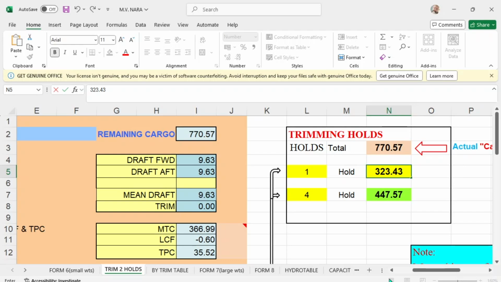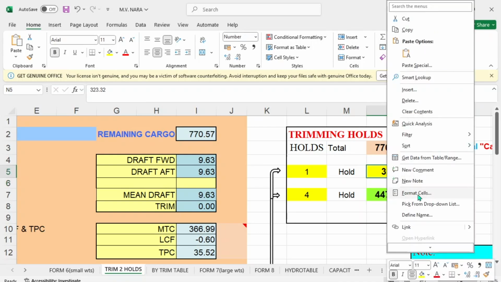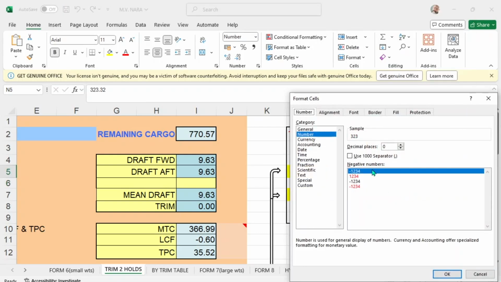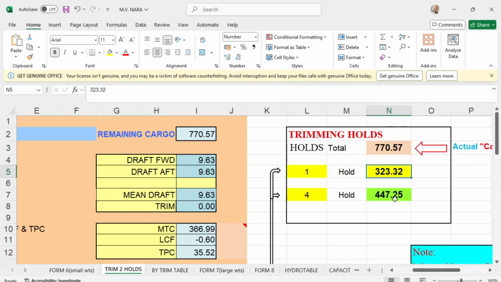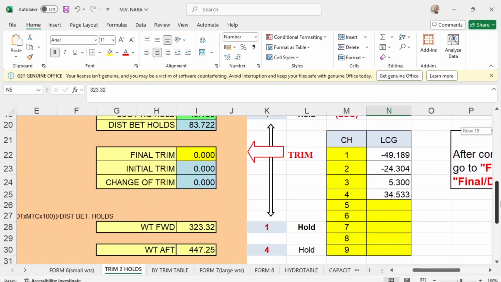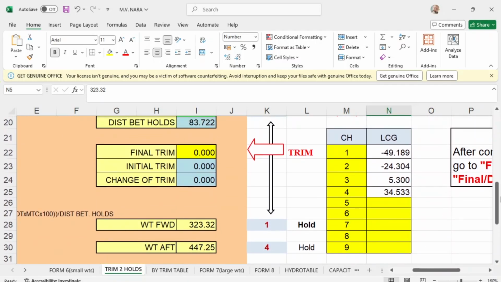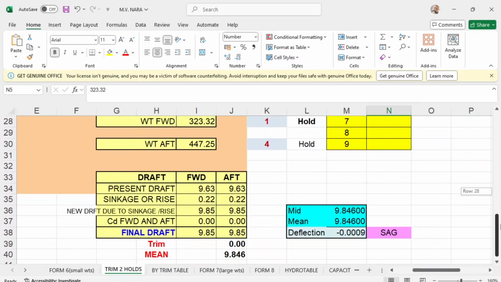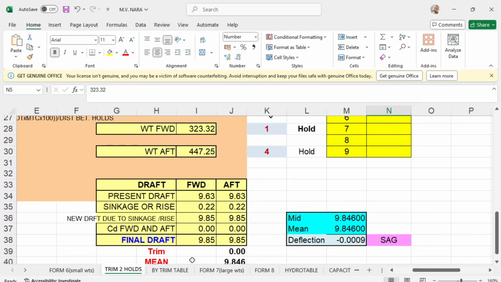323.32. Okay, and what will be, sorry, 323.32. Okay, put this format. There you have. And number 4 will be 447.25. And what will be your draft? Okay, your draft will be 9.85,